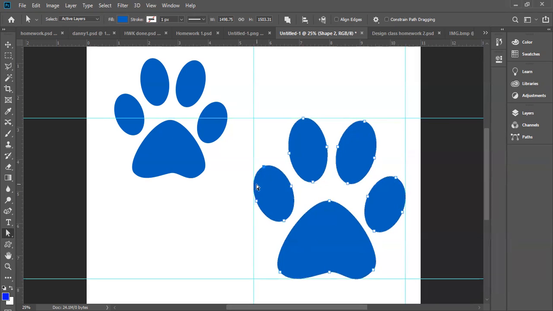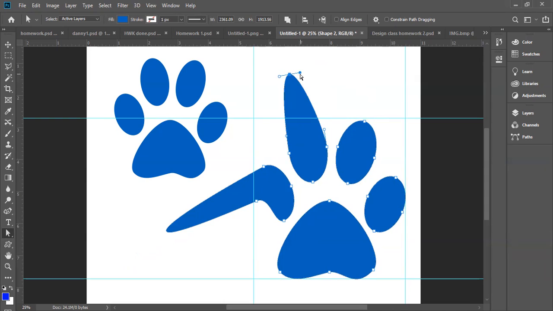All right, so either a path segment, right? A point between two path segments, right? Or a handle, and those little things on the sides are handles, right? That control how our points